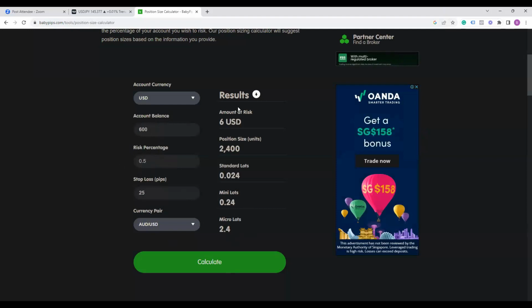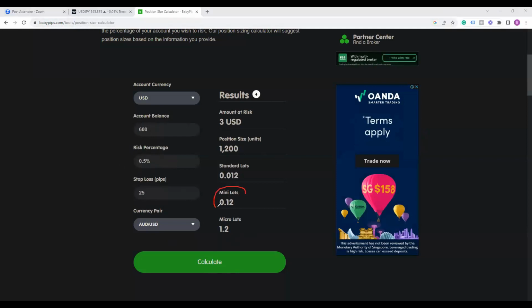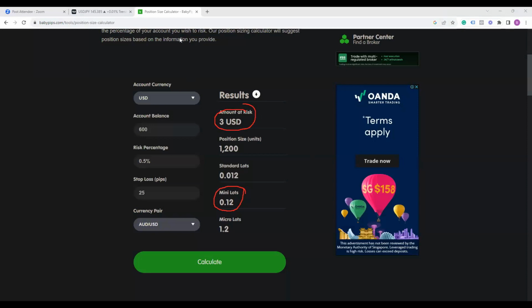And if I lose, how much is the value? So you calculate. This calculator tells you that you can trade 0.12 mini lot. And if it doesn't work out, your loss is $3. So all this keeps changing according to this input, right?